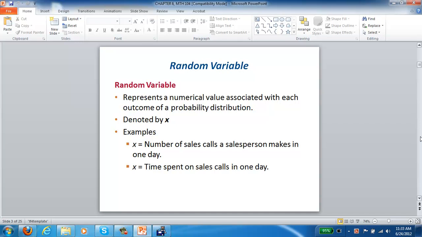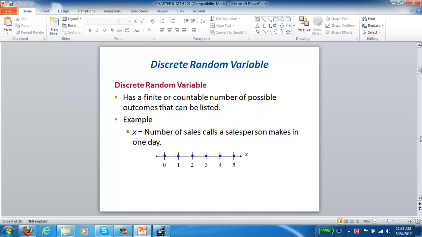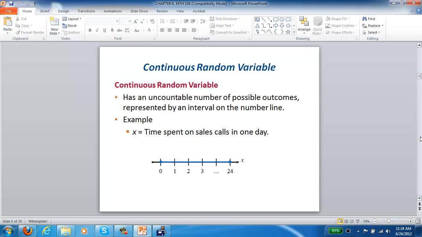We use the letter X for a random variable, and then we have two examples: number of sales calls a salesperson makes in a day, time spent on sales calls in one day. We talked about in the previous chapter, the random variable could be discrete or could be continuous. Discrete is how many. That means it has a finite or countable number of possible outcomes, something that you are able to count. While continuous could be any value in an interval or collection of intervals,